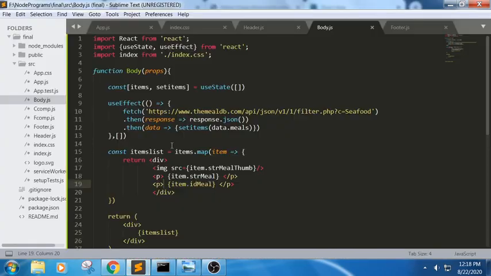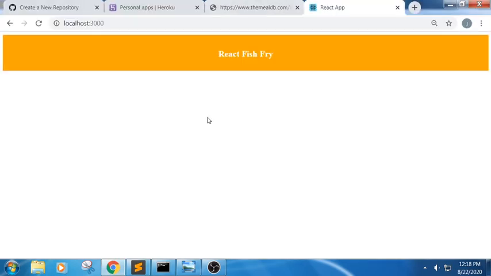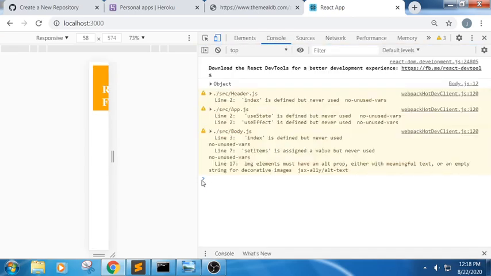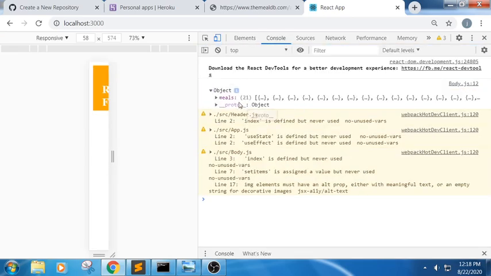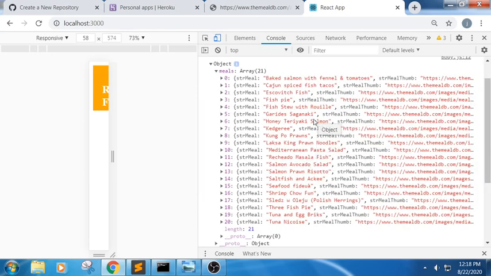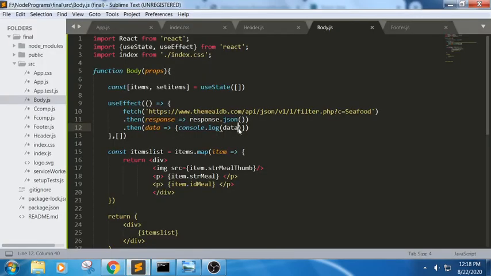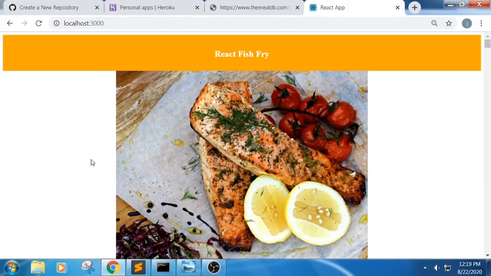So let us see now. Let us check the previous part, console.log of data, like inspect, console. Yes, we got it now. See, we will be getting the list of items like this. So we will try to retrieve the data, and we were trying to do this. In the previous step we didn't get it, now we got it. Oh my god, again I have missed something. Now we got the list of items here.